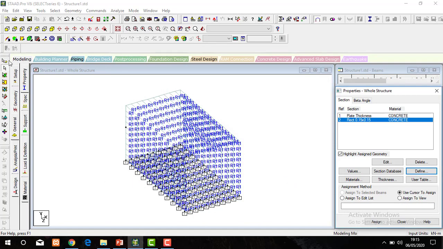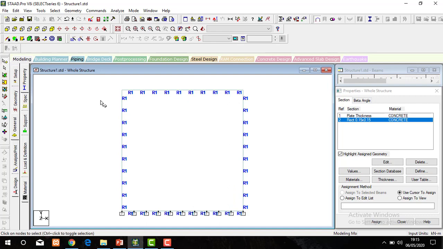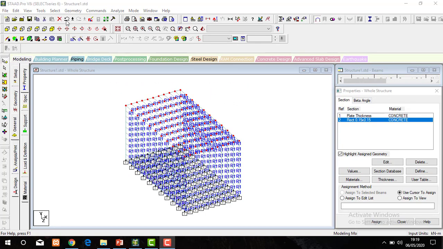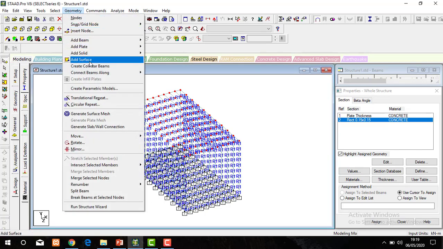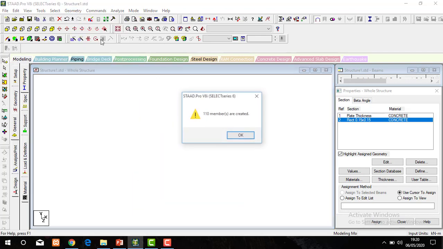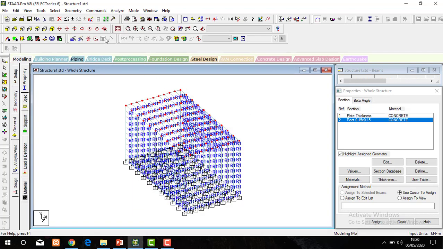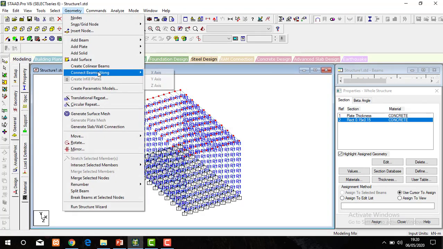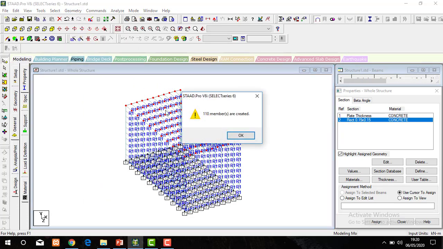Okay. Now select all the nodes. Go to the geometry. Connect beams along x-axis. Okay. Geometry. Connect beams along z-axis.